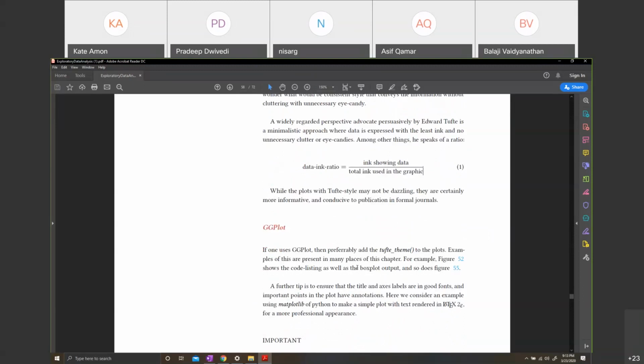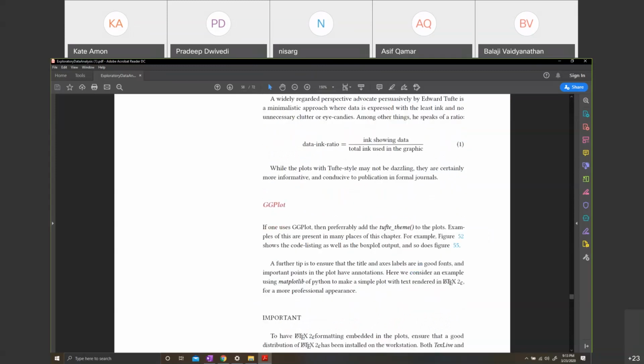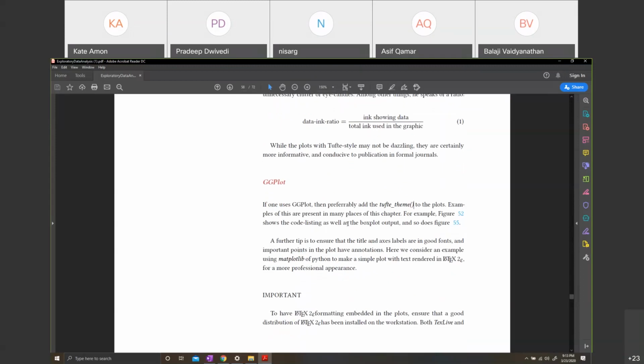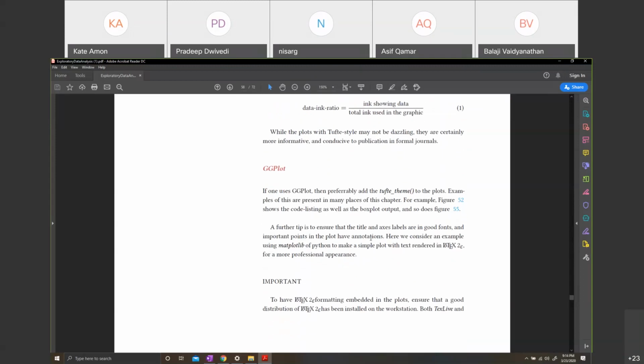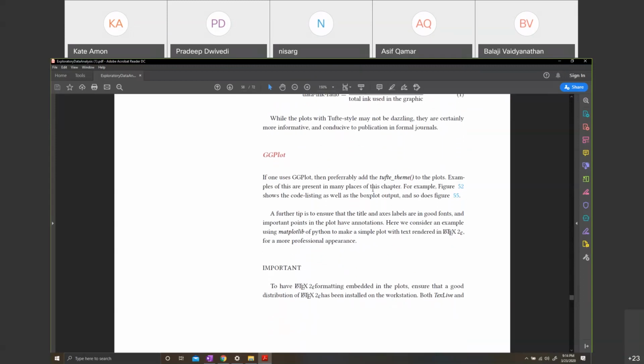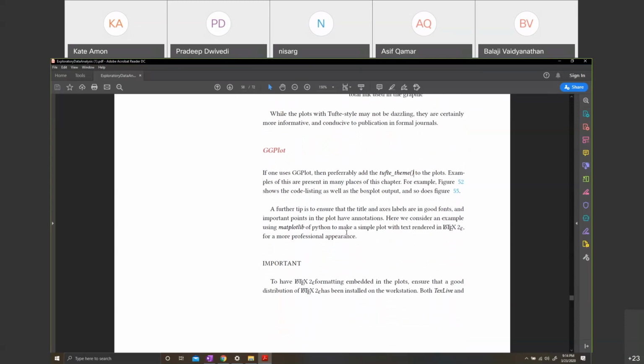Now, it turns out that R is generally more mature, being an older framework. So obviously there is a Tufte theme that comes built in. You can add it to ggplot, as we have been doing in the code. In Matplotlib, it's a little bit harder to do that, but you can still do that. People end up writing their own functions, themes for Matplotlib, which mimic the Tufte style. And if you guys are interested, I can give you the code from mine, or you'll find my code sooner or later.